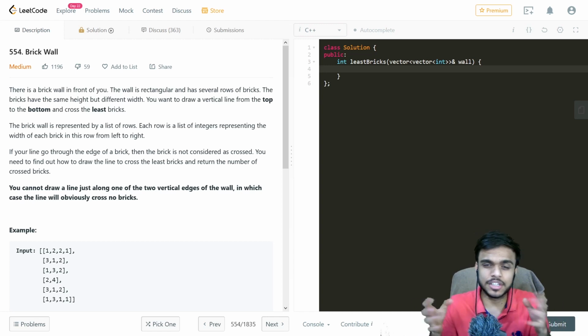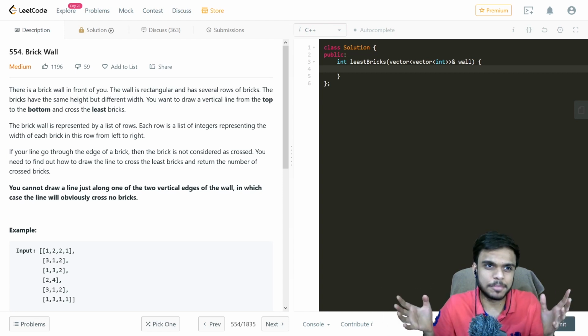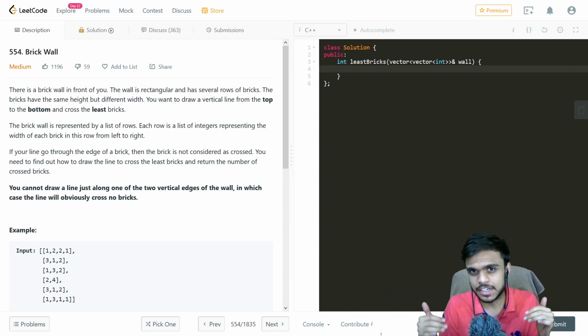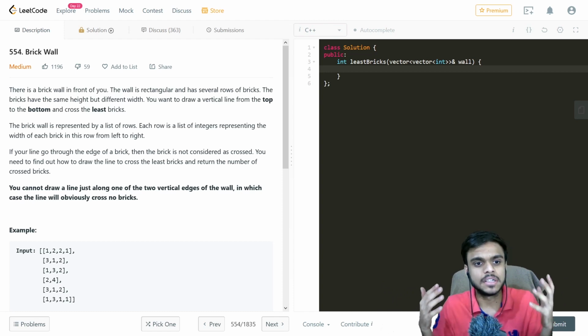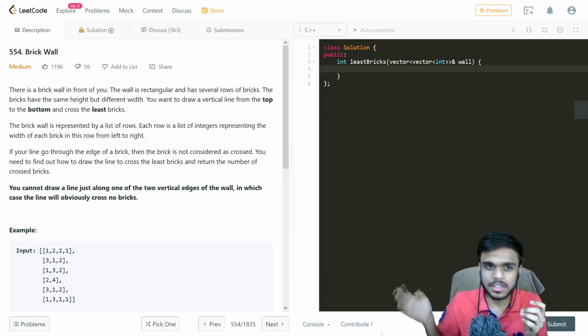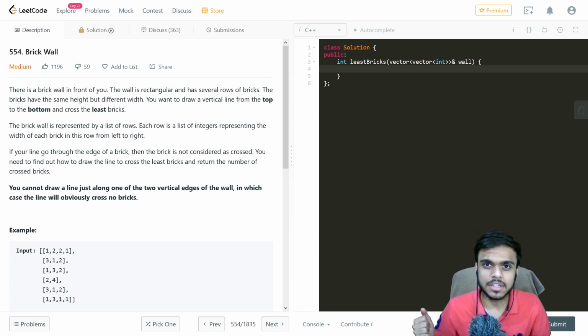So we can probably go with a hash map. But in a hash map there is ordering, and we do not require ordering, so we can go with an unordered hash map. So with an unordered hash map we can keep the frequency of every index, the number of edges, and we will iterate through the complete wall with every layer, and keep on incrementing the number of edges that are present at every index. And at the end, either we can do a second pass to find the maximum number of edges, or we can handle it in our same loop. So let's just look at it so that you can understand it more clearly.